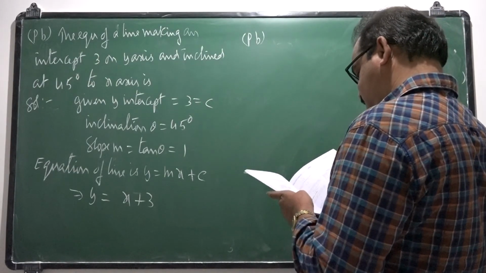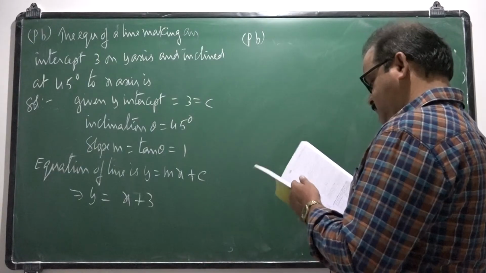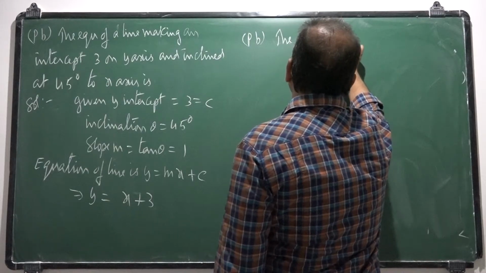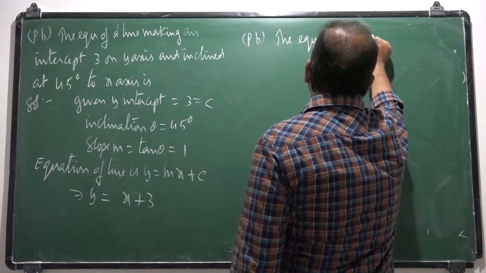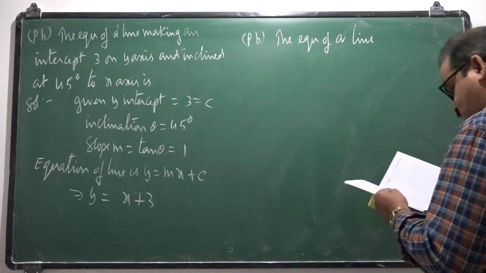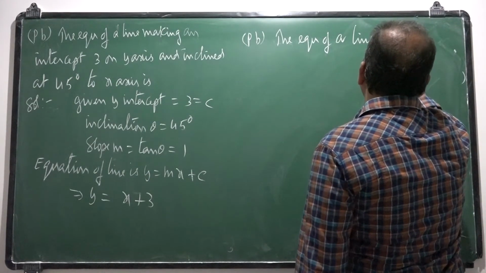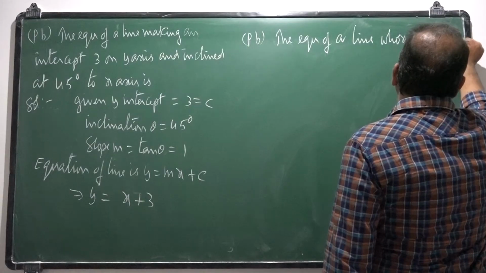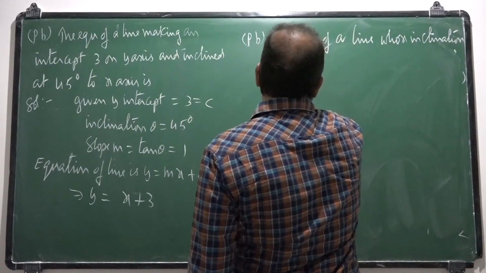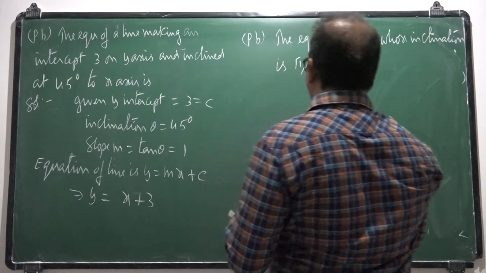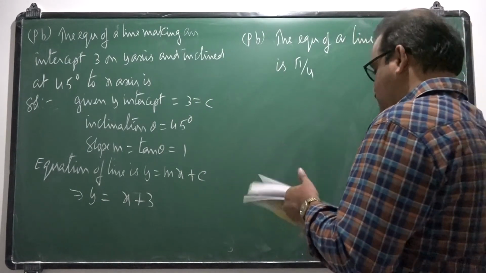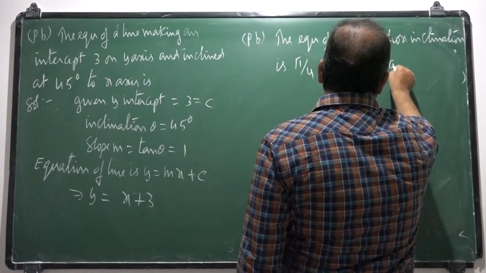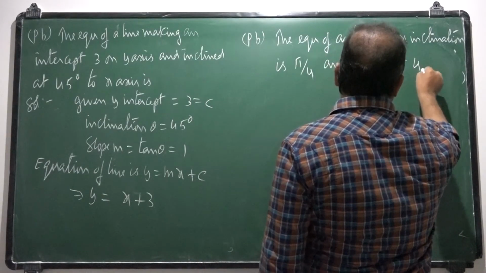Next, the equation of a line whose inclination is pi by 4 and x-intercept 4 is